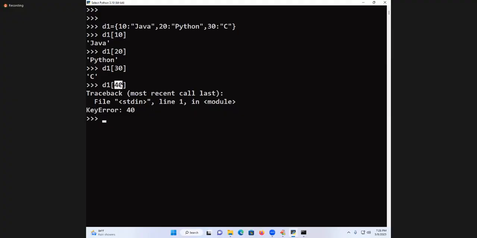40 is what? Invalid input. Invalid input is called runtime error. A runtime error is called an exception, and an object needs to be created. What is the exception class for a wrong key? Key error. So key error, value error, index error, these are all called which exceptions?